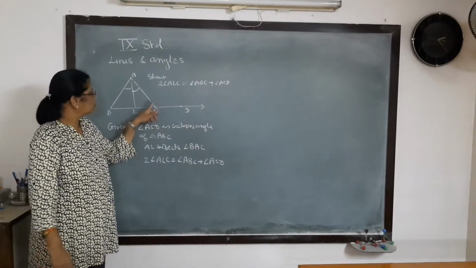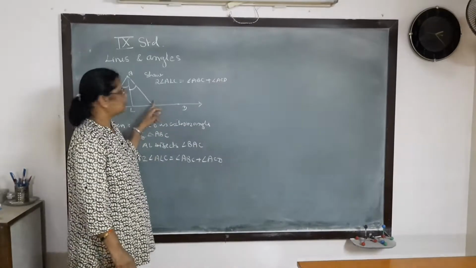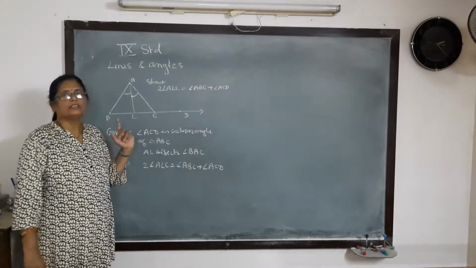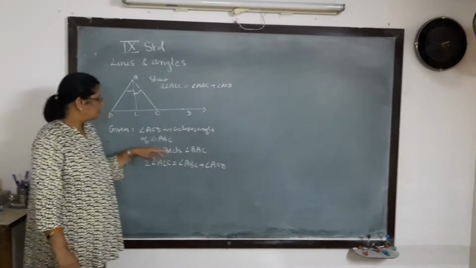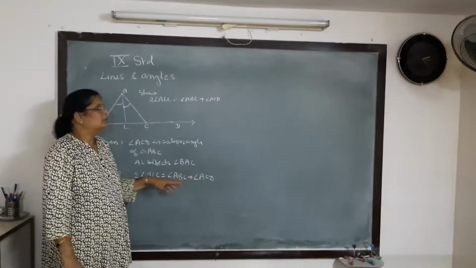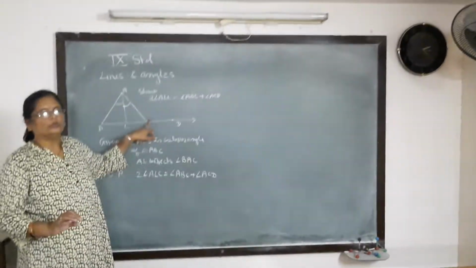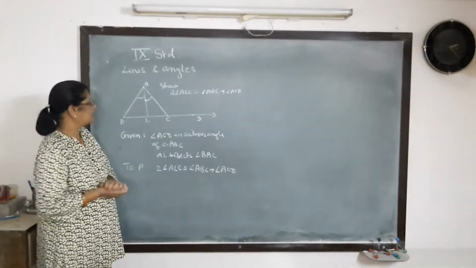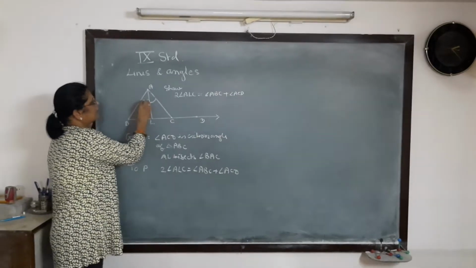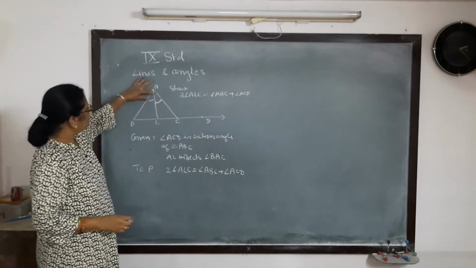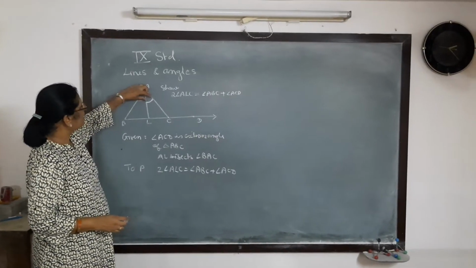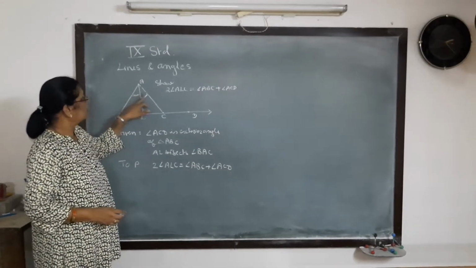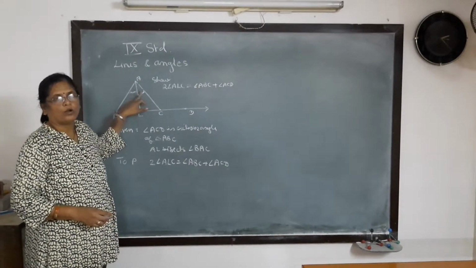that means it is an exterior angle. So hopefully we must learn the remote interior angle theorem, which says that an exterior angle of a triangle is equal to the sum of its remote interior angles. The question we shall solve with the help of this property, the measure of an exterior angle is equal to the sum of its remote interior angles. Okay, only one property and nothing else. Also, AL bisects angle BAC. Also, this angle A, that means this BAL, CAL or BAC, we don't see in the question. So this means we have to replace these angles BAL, CAL or BAC.